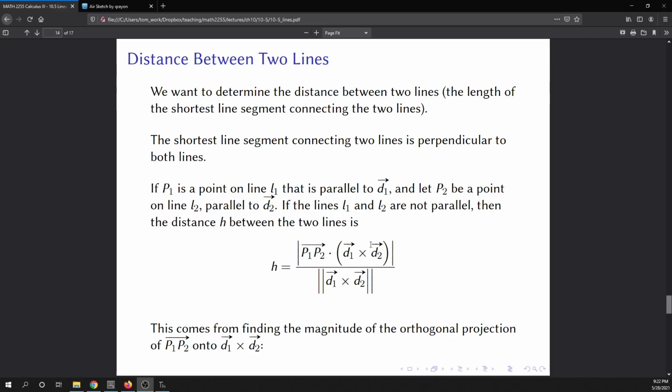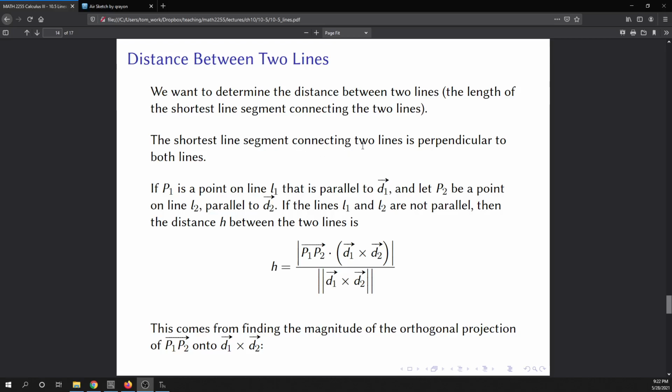So where does this formula come from? Okay. So basically, this formula is really the orthogonal projection of the vector from P1 to P2 onto the cross product of the direction vectors. Okay. All right, and so that's where this formula comes from, and we'll run through that. So the question is, why would you do that? Well, remember